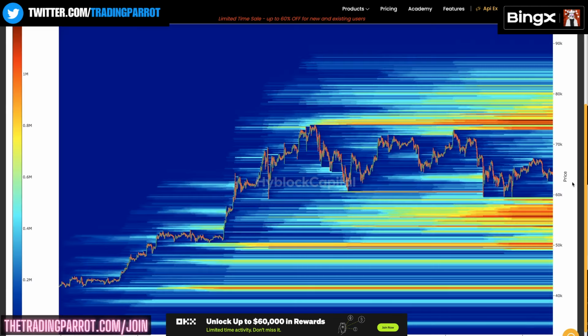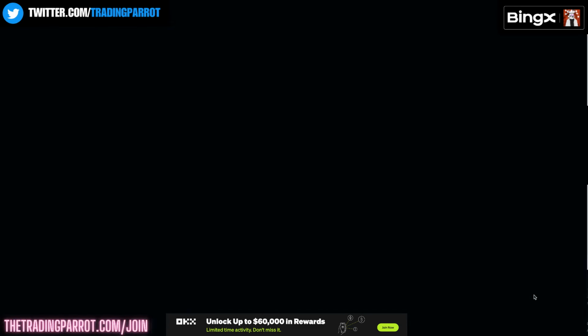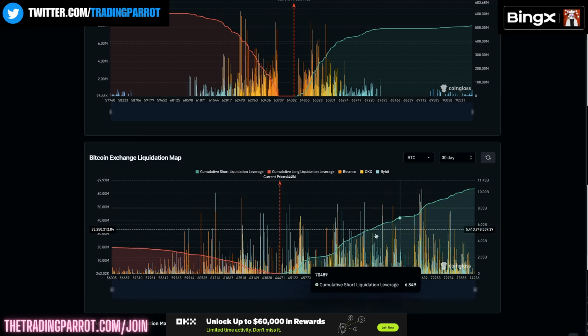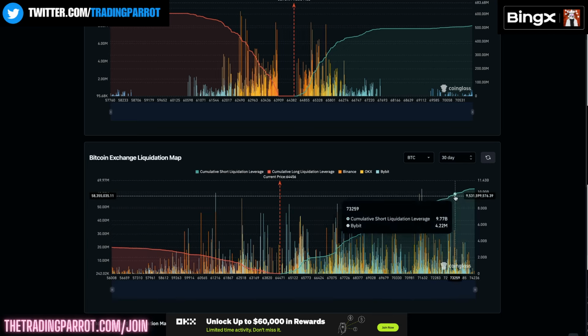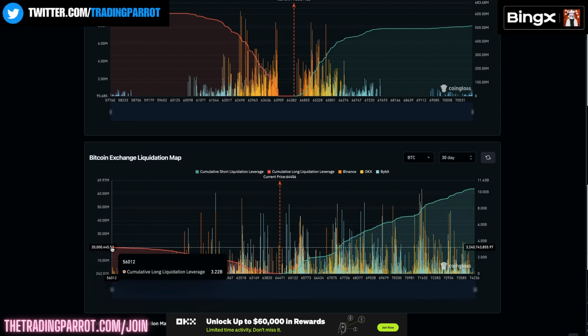I was sharing today on my Twitter that even though there are like 6 billion in liquidations on top of the price, if Bitcoin prints a new all-time high, I still believe that there is more to the downside. And one of the reasons people are getting confused is because most people are just looking at this chart here. As you can see, this is showing you all the liquidations to the upside. From 64 to 74, that's a range of 10K in the price, showing you 10 billion in liquidations. But to the downside, there's barely from 56 to 64, showing you 3 billion in only the last 30